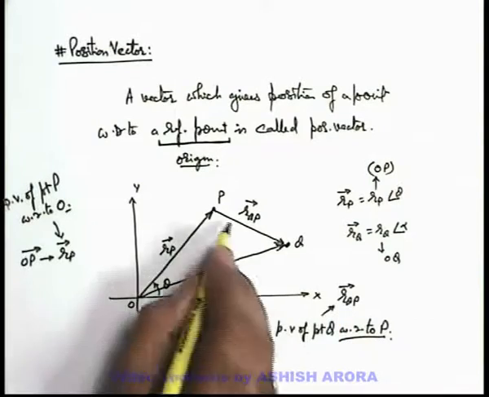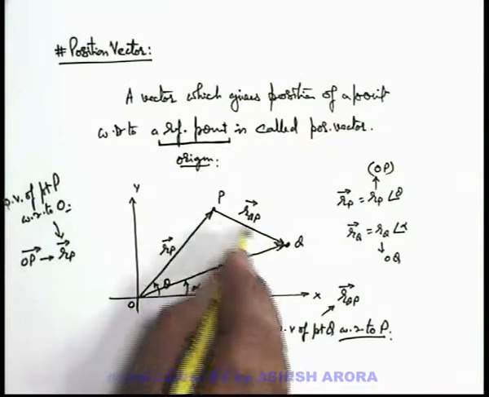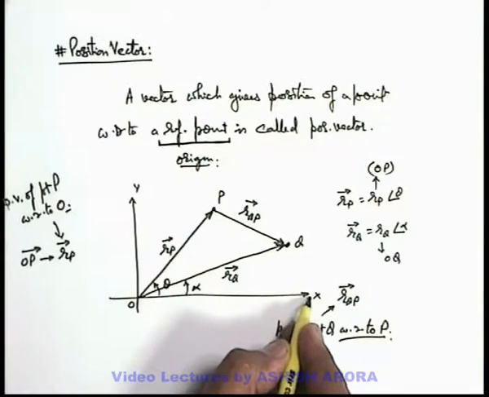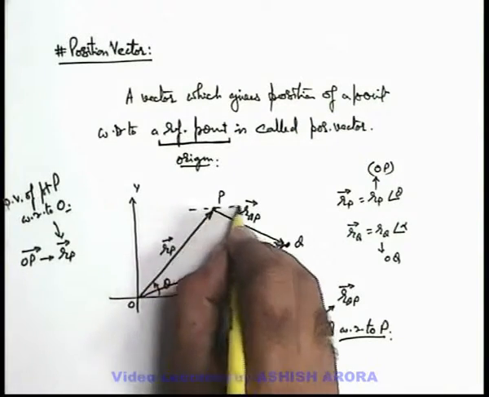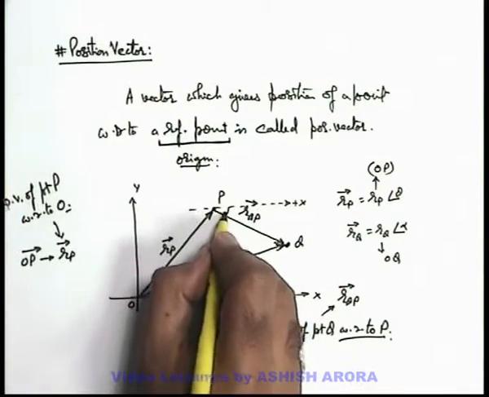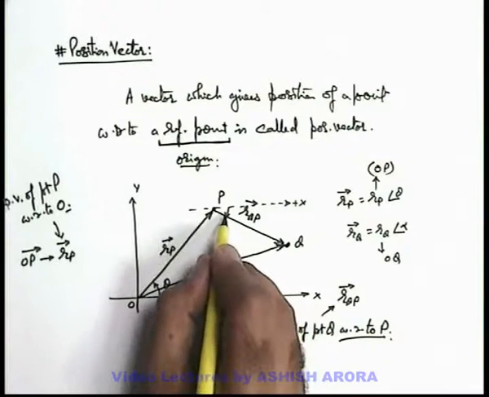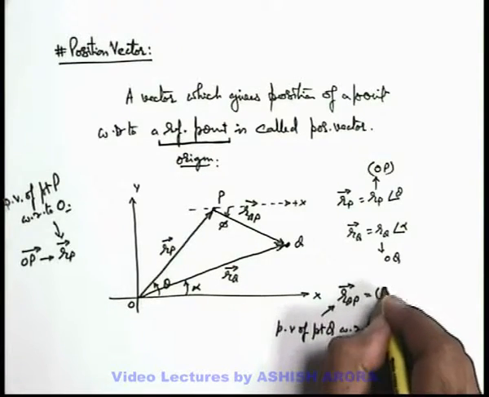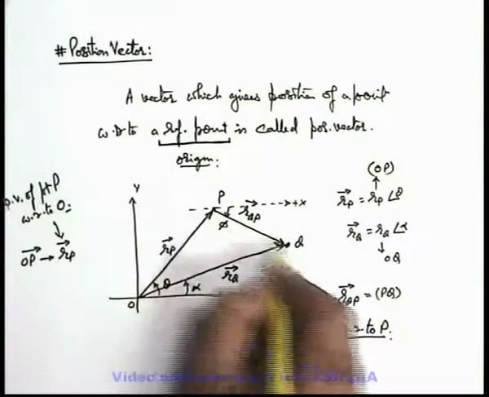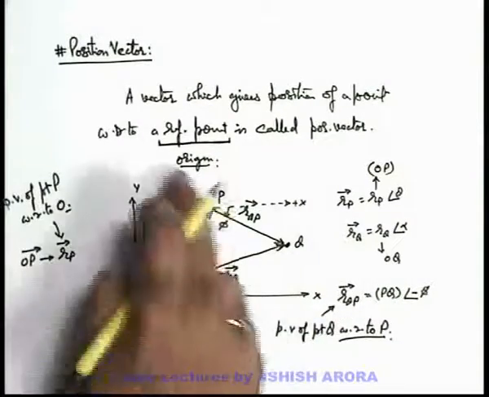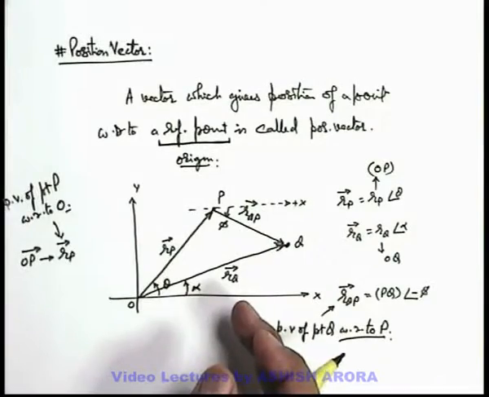Here the length PQ is the magnitude of this vector, and the angle, if we measure from the positive direction of the x-axis, say if we just consider a line which is the positive direction of the x-axis, whatever this angle is, say this angle is phi, we can simply write RQP is equal to magnitude, its magnitude is the line PQ length, and angle we'll write as phi. By geometry we can also calculate the value of this angle phi.